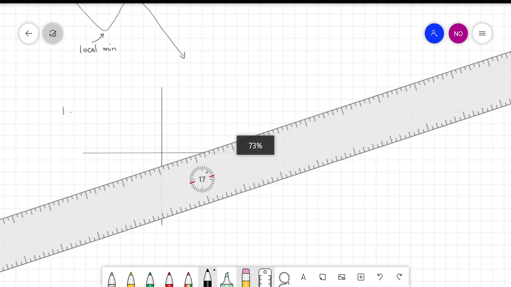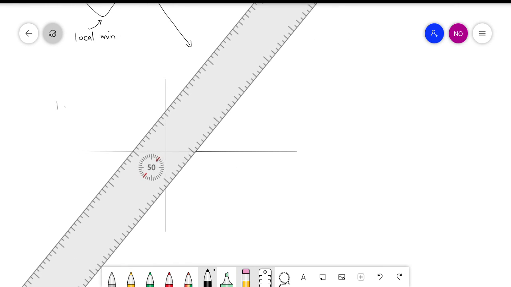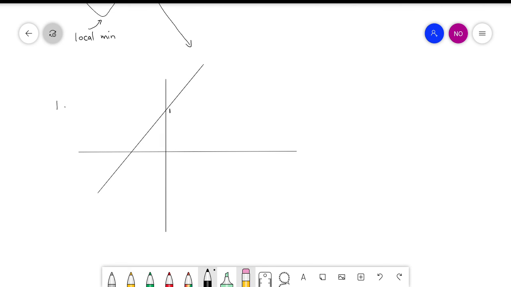Oh man, kom. Dis die bladsy. Okay. If that line is the graph of the first derivative,